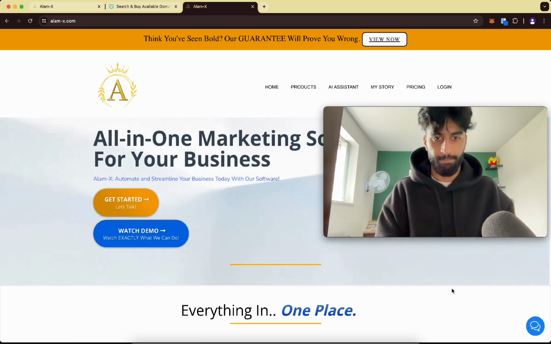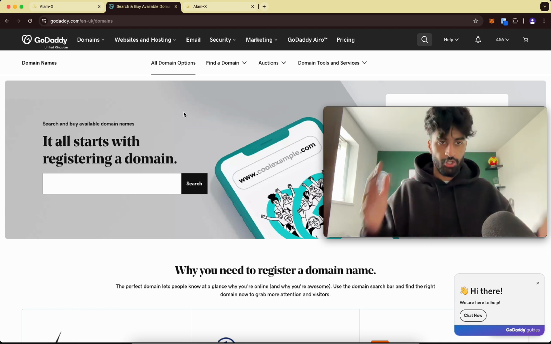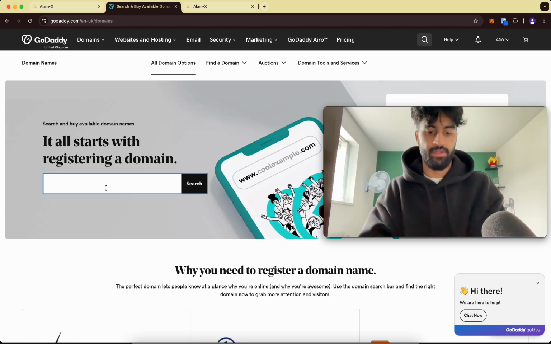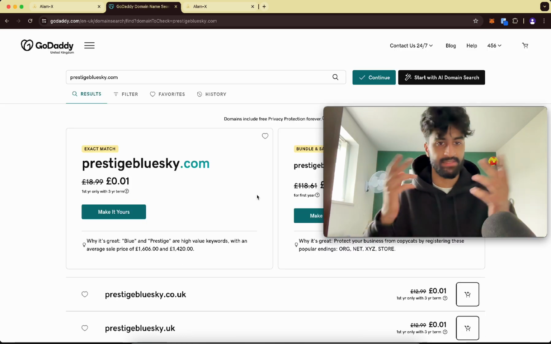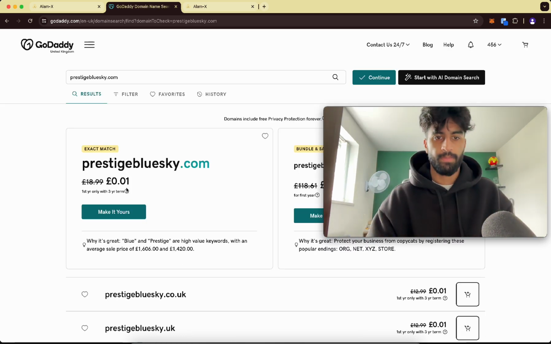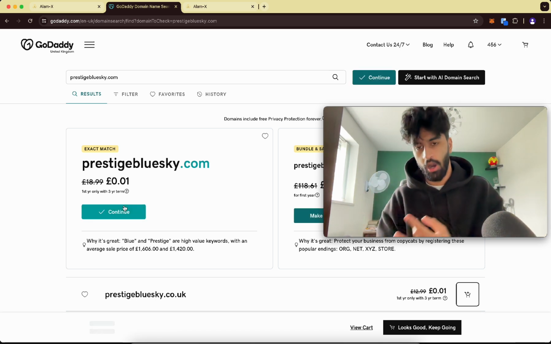So how you go about buying one is very simple. Go to GoDaddy and then just type in whatever the name of your business is. So let's say yours is... so there it is, an exact match. So there you go. You can purchase it here. It's very cheap. So just make it yours and then go through the process, put your card in, and then